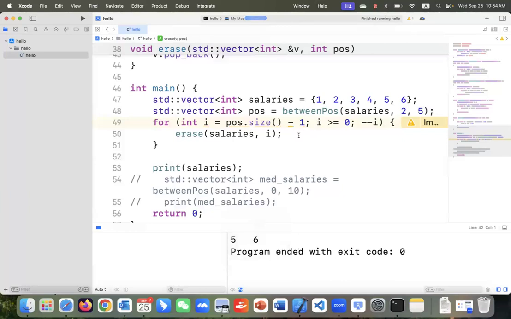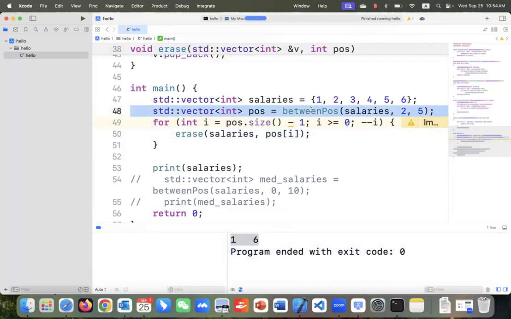Wait a minute, what am I doing wrong? Position, not i. It should be position of i. I am removing all the elements between 2 and 5 by using some existing functions we have